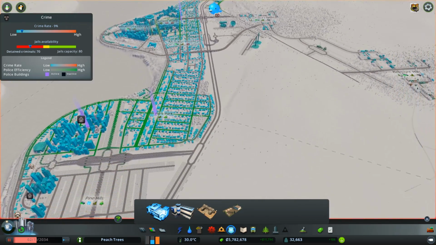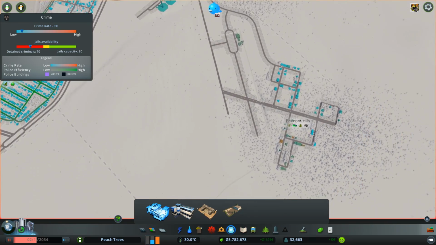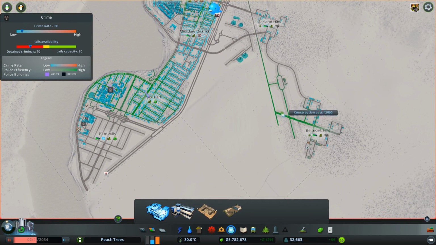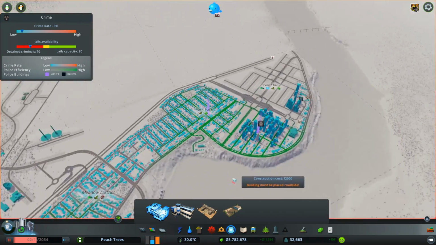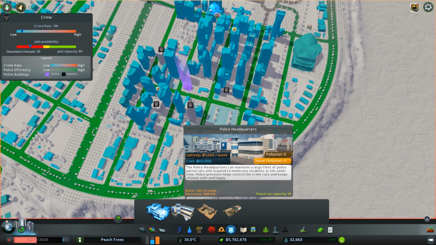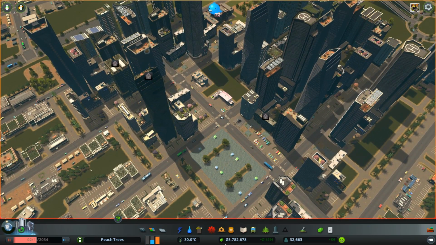Oh yeah, we definitely need another police station. Yeah, or maybe I could even just continue this avenue and connect it to this highway, and maybe this police station would be able to bring some police cars to this location, so I don't have to place another police station. And speaking of services, I think it's finally time for us to upgrade these facilities to the highest density